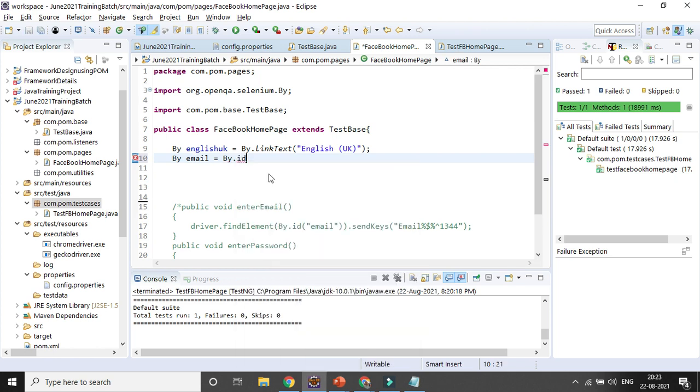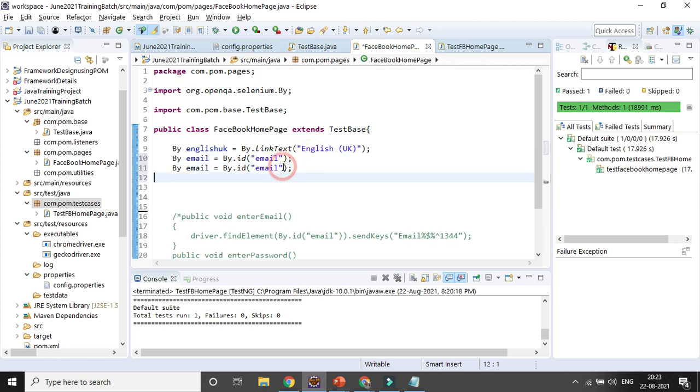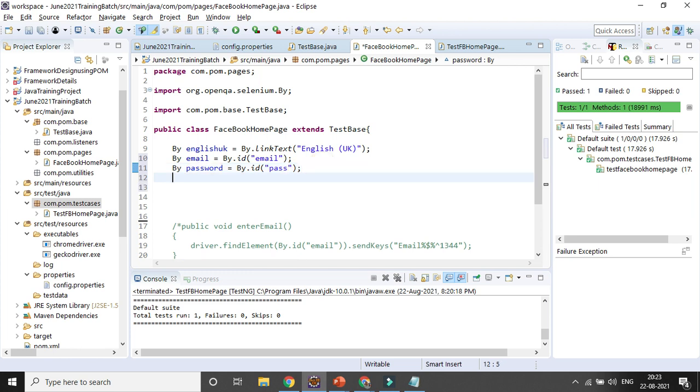The ID is email. That is my second part. Similarly, I can create one for the password value. I can similarly go for pass, right?